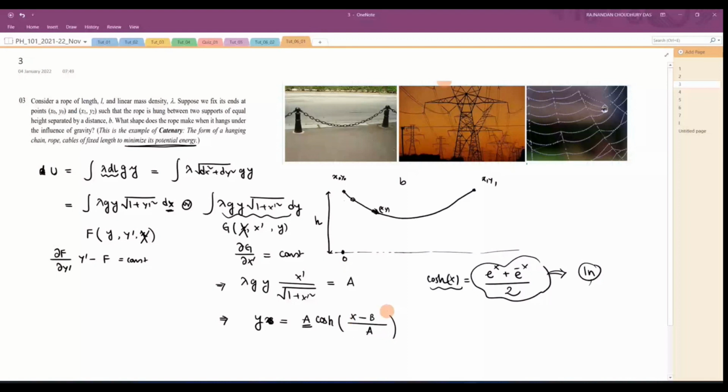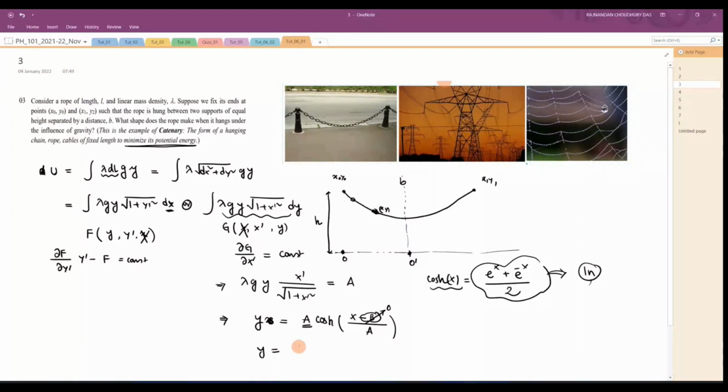That means if you shift your origin somewhere and make this b nicely, then if you put your origin here, your function will look symmetric, right? If you take the origin here, your function is not symmetric, but if you take the origin here, your function is symmetric. That means by choosing your proper origin, you can make this b equal to 0. Are you guys with me? Yes.